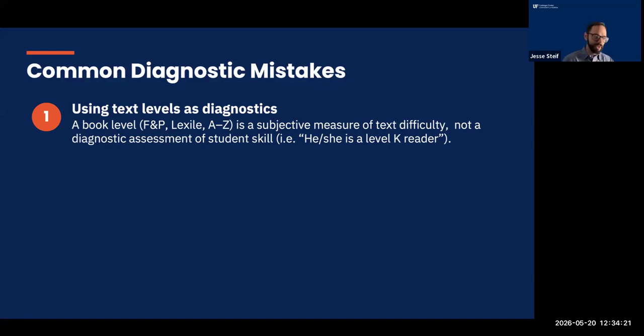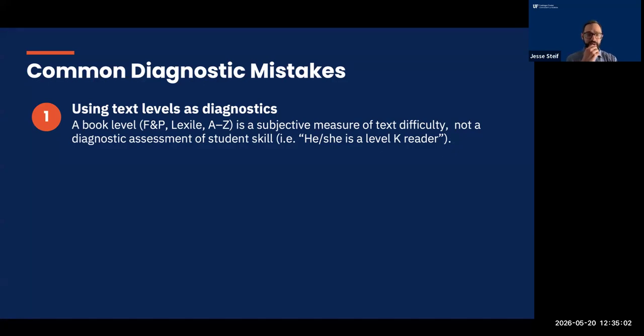I was a second and fifth grade teacher, and a big part of my training, close to 30 years ago, was that we want to find a student's reading level on level A through Z. And I was trained that we then put students in those levels of books for their instruction because those levels of books contain the skills that the student needs because they placed into that level of text. We know now